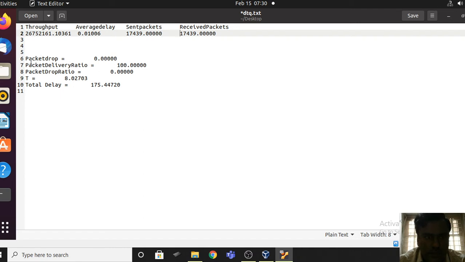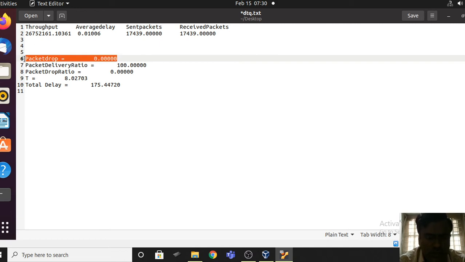After this I have the packet drop. You have got the packet drop, and whatever values you want to note down, you can note down. So throughput, average delay, sent packets, and received packets.